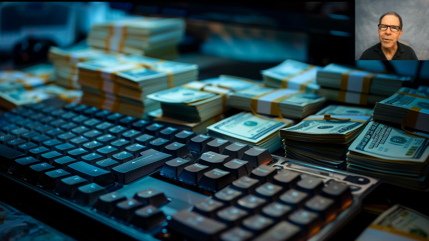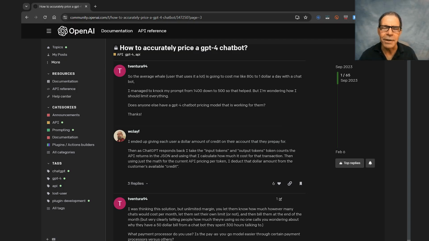Let's say you're thinking about rolling out a product that combines generative AI with your own proprietary knowledge base, reflecting subject matter expertise that you've built up over the years, and you want to monetize that. Here's a thread on the OpenAI Developer Community page where more than a dozen developers posted more than 60 different messages on that topic over a 6-month period of time, while about 15,000 of the rest of us were watching